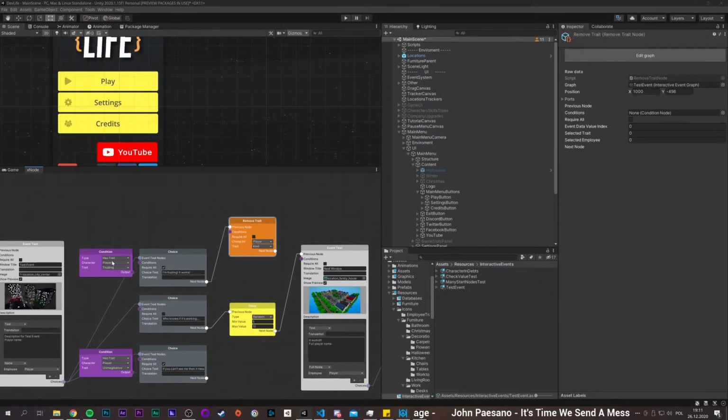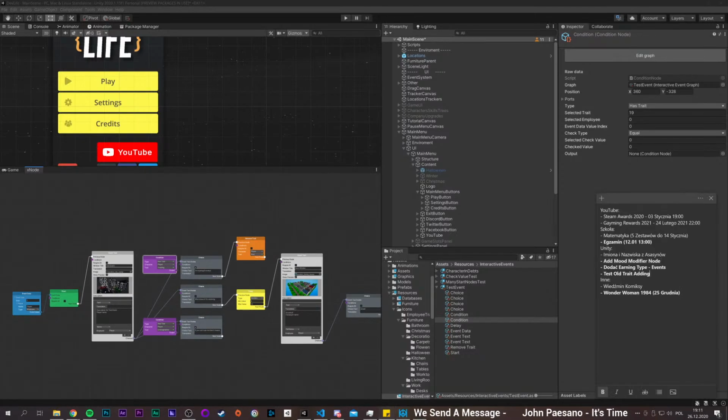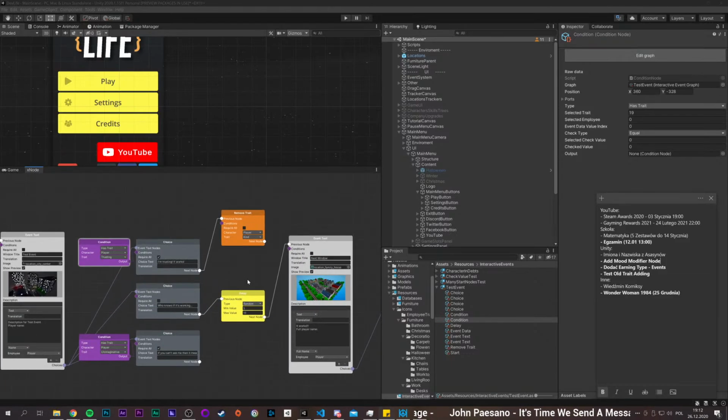Of course not here, but for example, there will be plenty of events where when you have the given trait, so for example this one, trusting, you will have... I know what I have to also add. How long do we stream right now? One hour. So maybe we'll do it on stream, but for the sake of it, I will leave it here, and I will say that we need to add a random